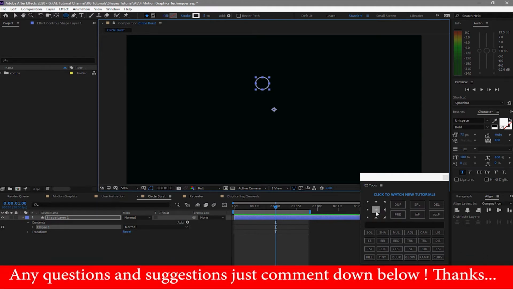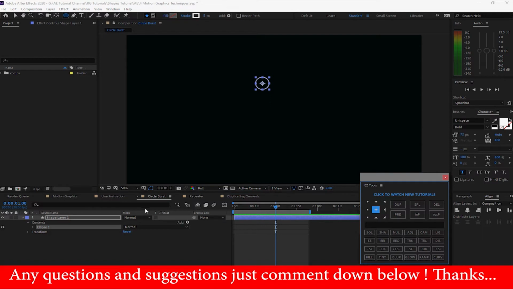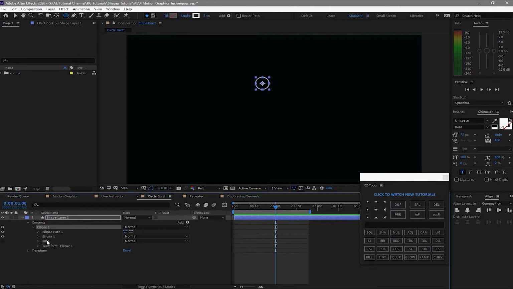I'm just gonna make sure that the anchor point is at the center. Then go to ellipse, click it, go to stroke, and make an animation of the stroke width by creating a frame at probably 15 frames. Click a keyframe,